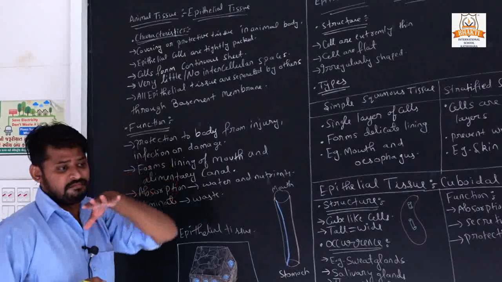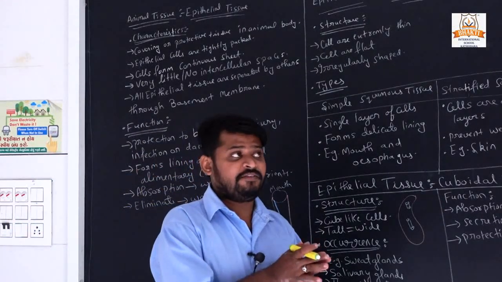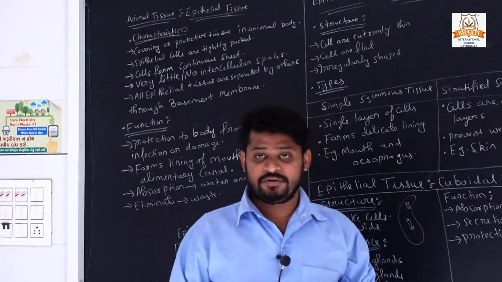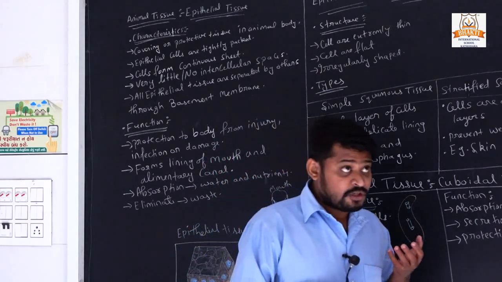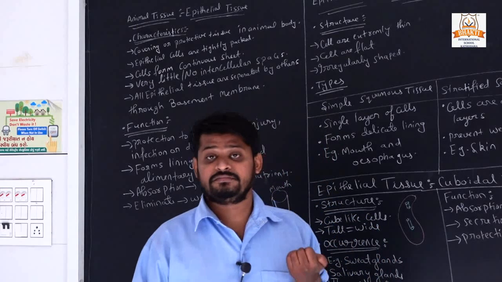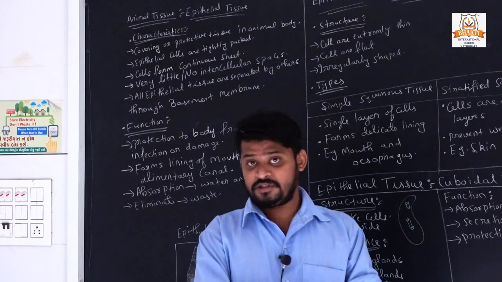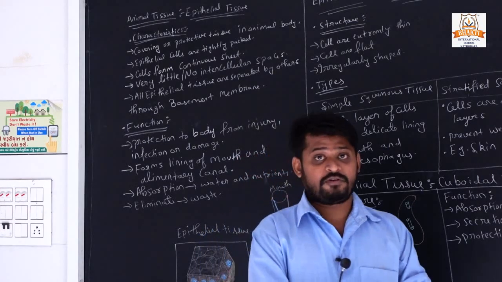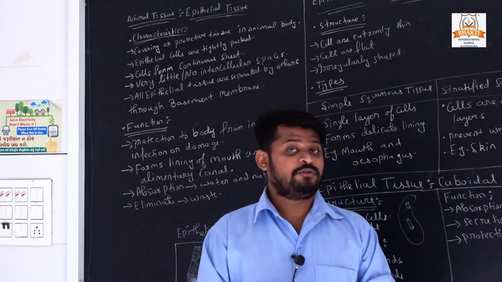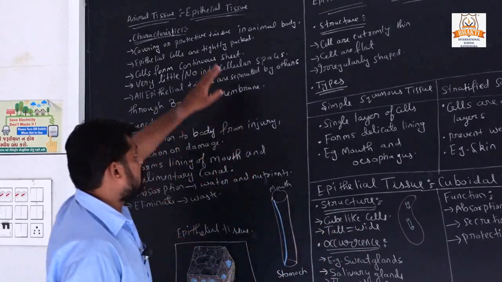First we will study, in our previous video I gave you one example: what is the protective tissue in human beings? The protective tissue in human beings is our skin. In the epidermis topic I gave you the example of the epidermis cell in humans, that is, the protective tissue of human beings, the skin. So we will study the same topic in epithelial tissue.